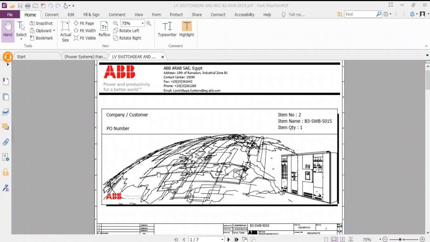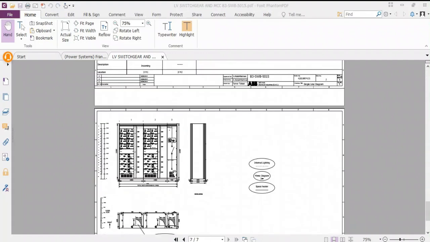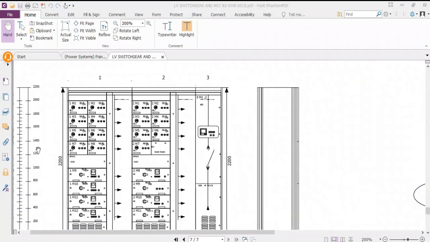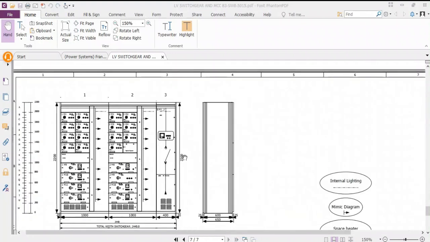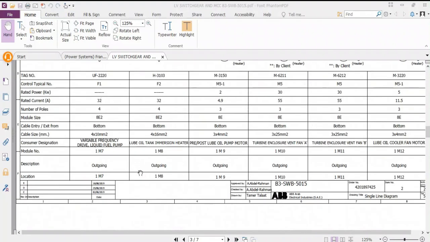The example that we will apply protection and coordination study on is an electrical panel from ABB company. Let's go to the last paper. You will find that this panel contains one incoming on your right hand side and a group of outgoings on your left hand side. By returning to the first page on your single line diagram,